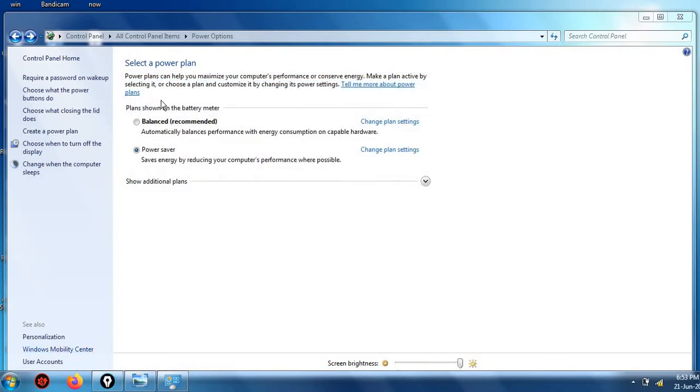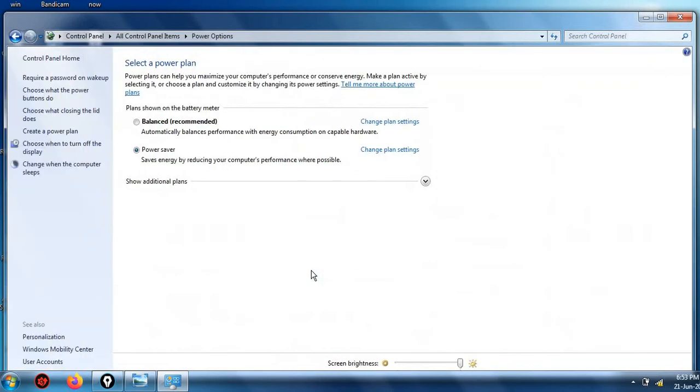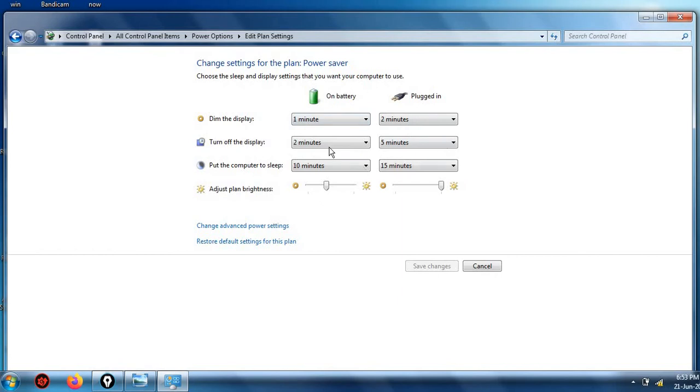So I am showing you how you can control from here in the control panel how you can use your hibernate option. In the power option, because it is also a kind of power saving mode, but in this our system goes to shutdown mode. Okay, and let me tell you, from here, change plan settings. In this we can see how to implement this power sleep option, for how many minutes and all.